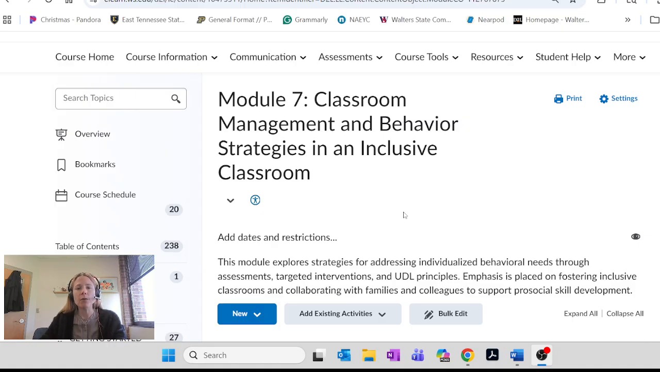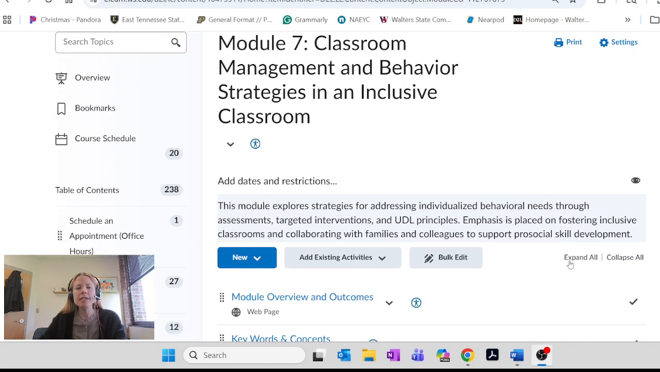which is a very important section that we have in this course. So, Module 7 is going to be about classroom management and behavior strategies, but we're going to be looking specifically in inclusive classrooms, right? So, we're going to explore the different types of behavioral needs that students have, what could be some individualized assessments, what are some interventions, and then how is this really related or connected to the UDL